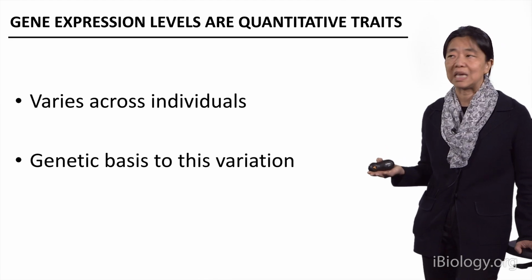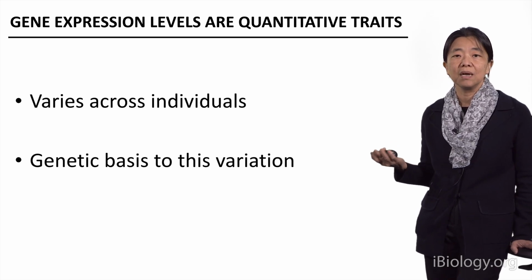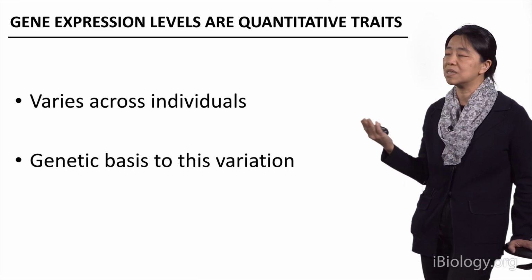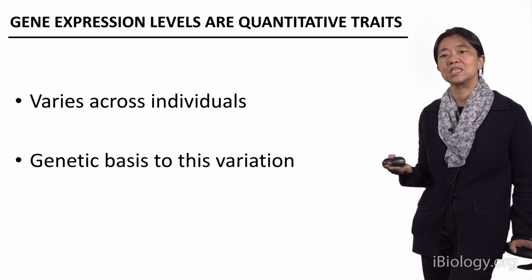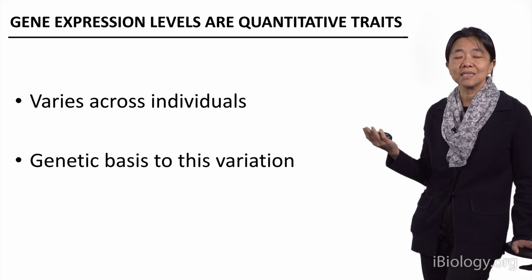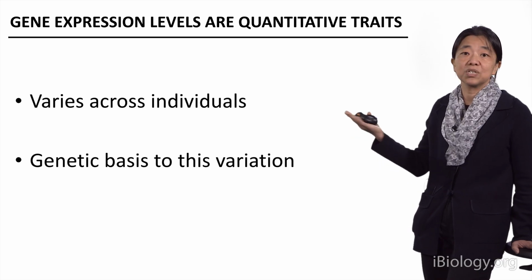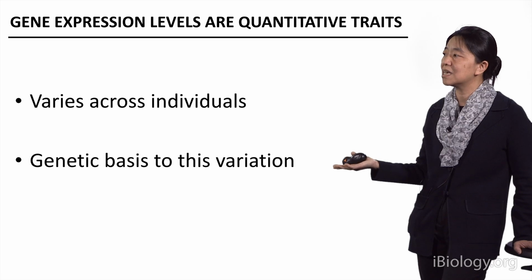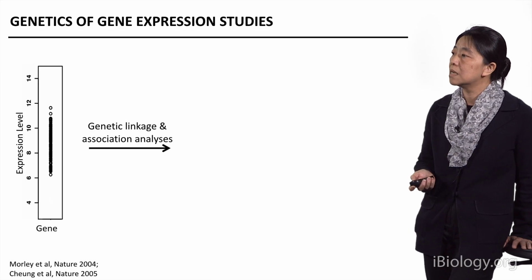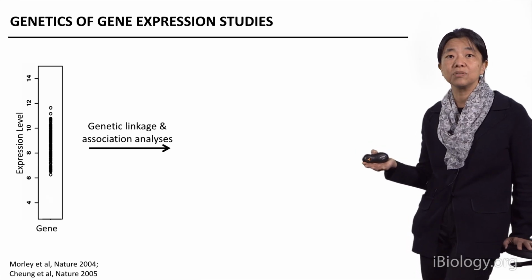So what does this really mean? We usually do not think of gene expression levels as a phenotype. But I think our analysis shows that it is very similar to the quantitative phenotypes that we're all familiar with, such as glucose level or blood pressure or size and shapes of fruits. In that sense, there are differences in individuals' height. Here, the expression level of genes differs across people, and there is a genetic basis to this variability. So this gives us an opportunity to take the expression levels and decompose them genetically.